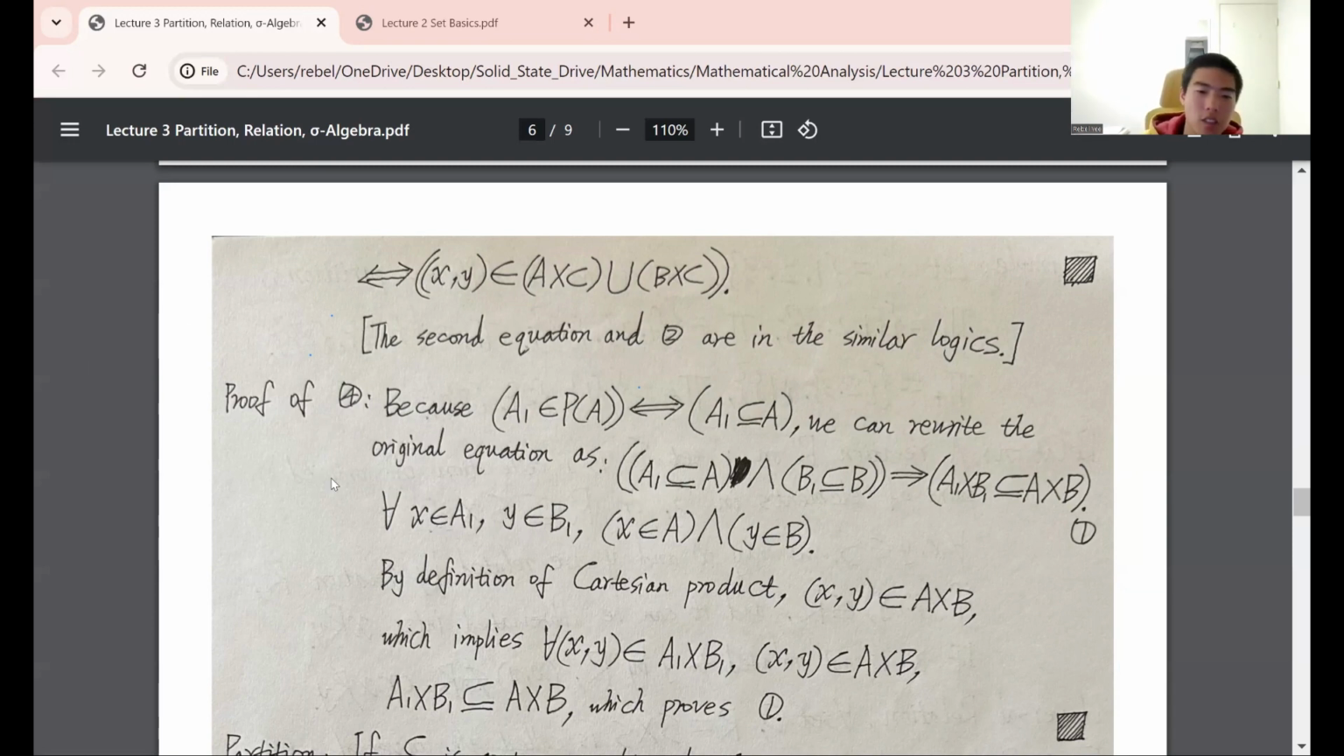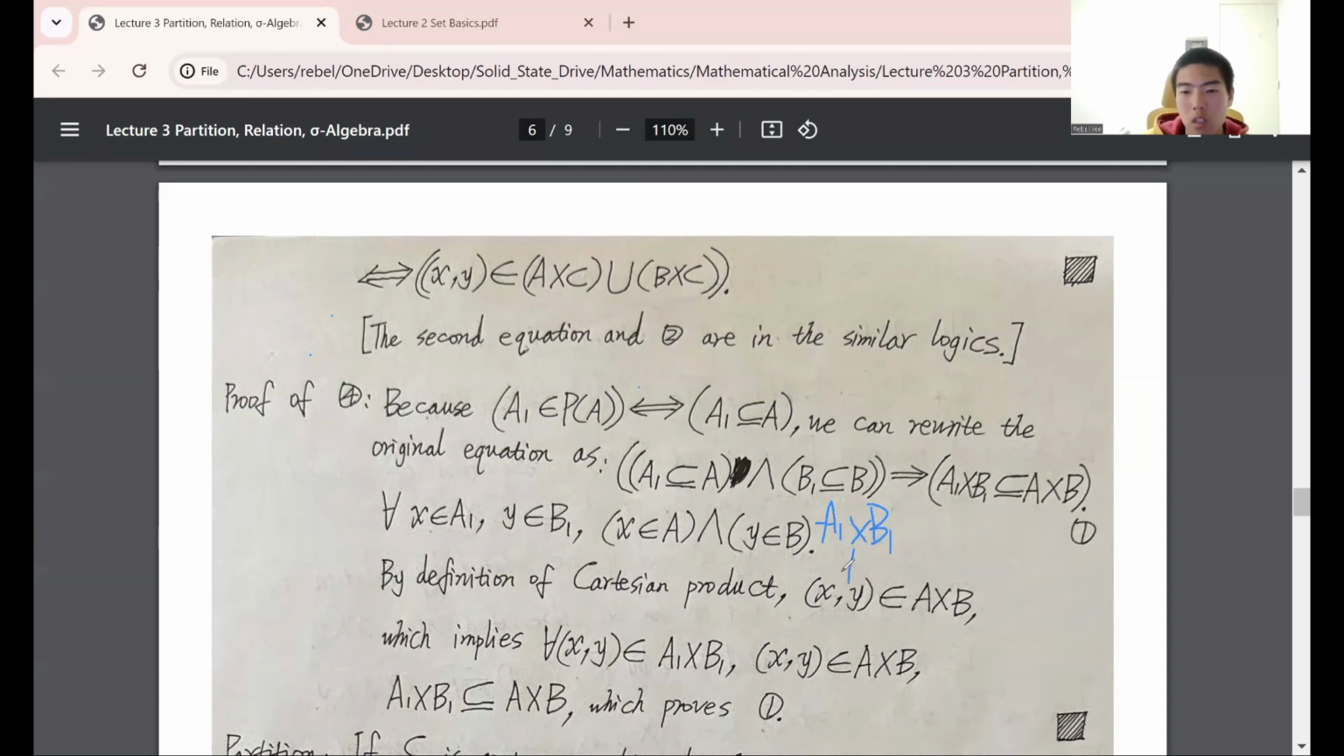Maybe you just think about X is in the set A1, Y in the set B1, and A1 and B1, they're sets we already know, they're fixed sets. And here, this one means X also belongs to A and Y also belongs to B because of the subset relationship. So by the definition of Cartesian product, X, Y, they form, if we say A1 times B1,